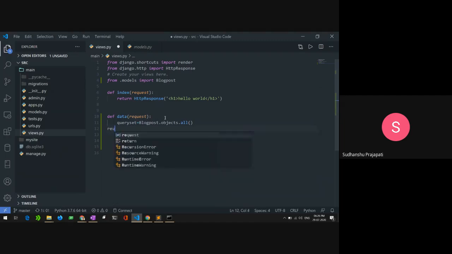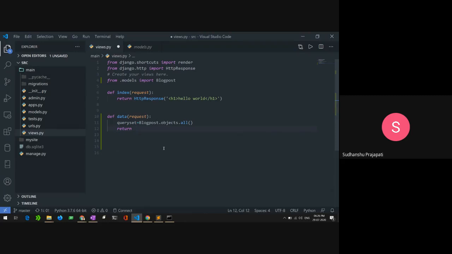So I need to return it. If you don't return anything, the page you are requesting, or whatever the URL you are requesting, won't get any data. You need to return something, otherwise it will show a bad error code if you don't specify any return.